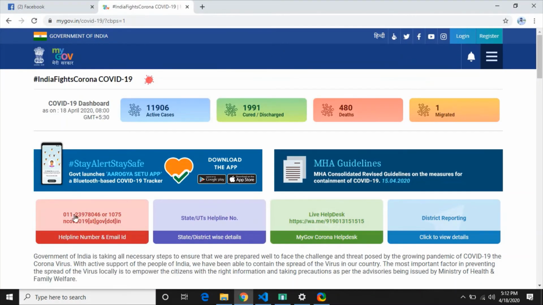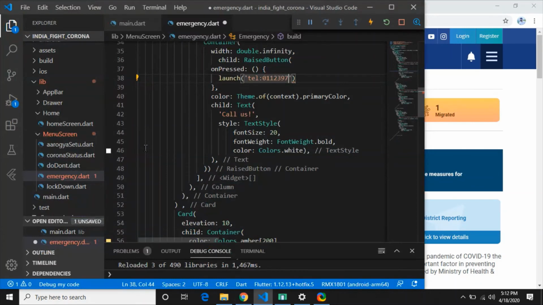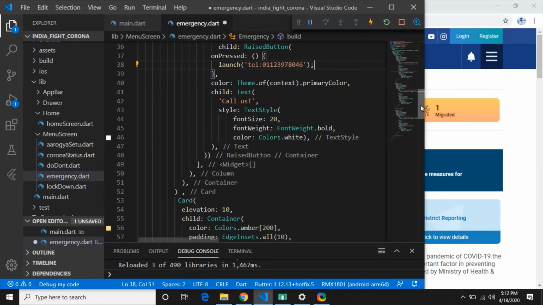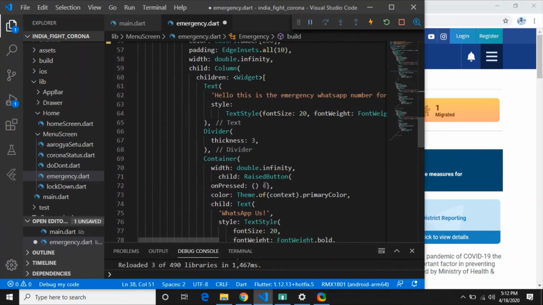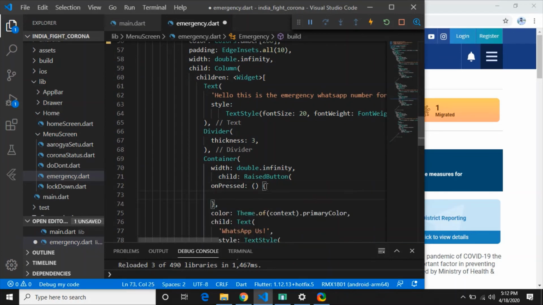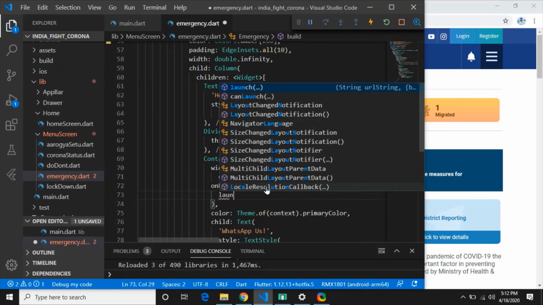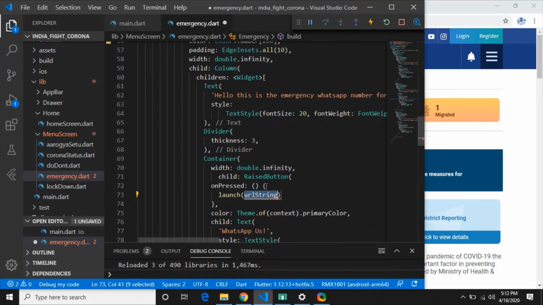Again, in the WhatsApp on press, if you come here in the WhatsApp on press, you have to write launch, and at the end of the launch, give a comma, semicolon, sorry, and in this URL string you need to redirect to WhatsApp. So if you look at the headers of WhatsApp, you can see this API. Let me tell you how to redirect to WhatsApp.